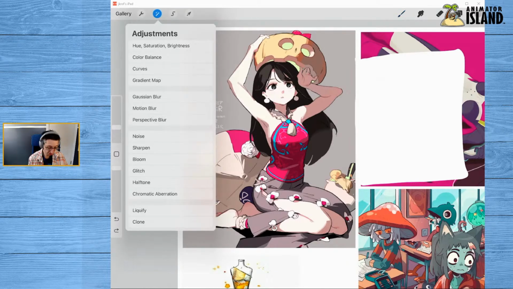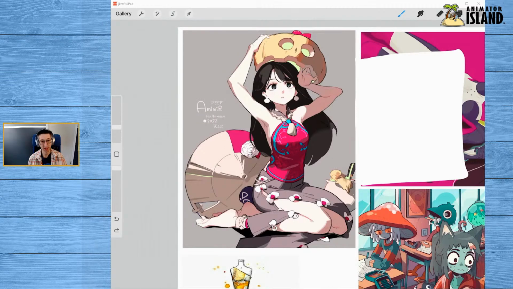And there are a lot of different options. There's not just hue, saturation, and brightness here. There's color balance. There's curves. You can add gradient maps now, which I've not really gotten into yet because that boggles my mind at times, and I haven't really gotten to play with it too much. But a lot of people use it and use it to great effect. So there's a lot of ways you can go back in at the end and you can tweak things and you can play with stuff.